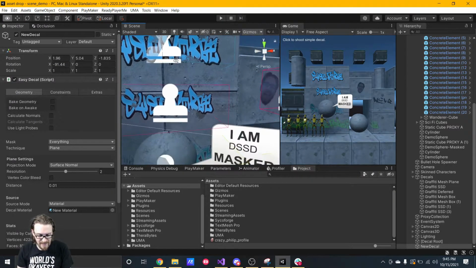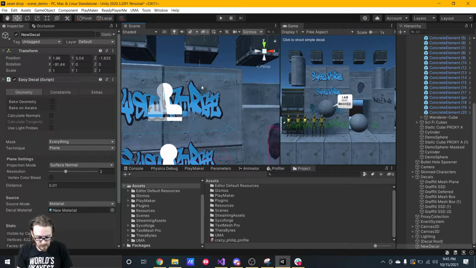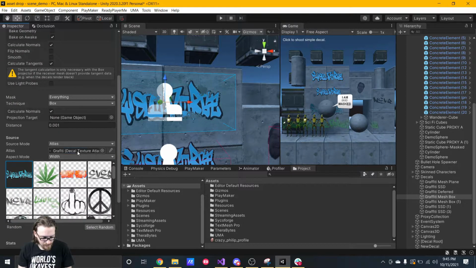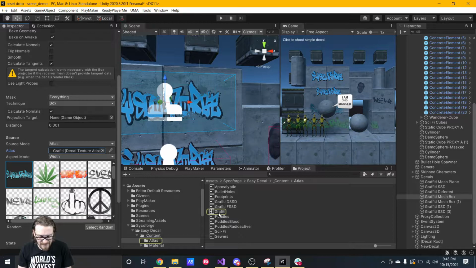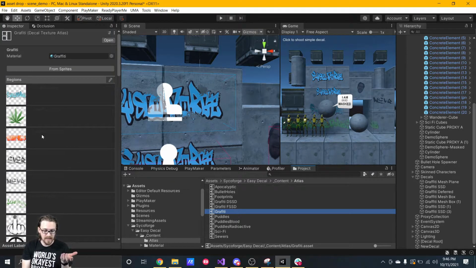Also, if you look at, it allows you to set up atlases too. So like if I click on this guy, they actually have an atlas set up. And if you don't know what an atlas is, it's just an image, but it's like you would use for sprites. Like if you didn't know this, there's like a sprite atlas. So you have like one PNG file that has like all the animations for your character, and so that can be a sprite atlas. What they have is they have a bunch of different